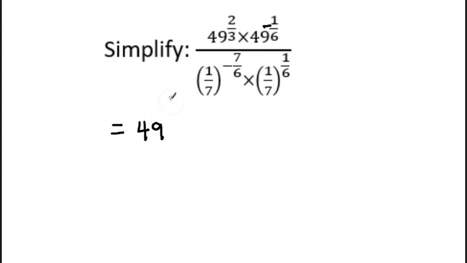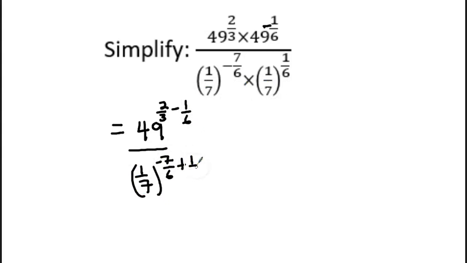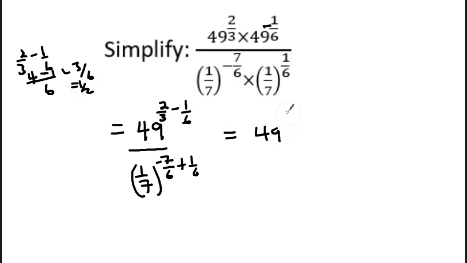So 49 raised to the power 2 on 3 plus minus 1 on 6 over 1 on 7, the bases are the same, minus 7 on 6 plus 1 on 6. So let's simplify this. 2 on 3 minus 1 on 6, the LCM is 6. This will be 4 minus 1, which is 3 on 6. So 1 on 2. So when you simplify this, we are going to get 49 raised to the power 1 on 2